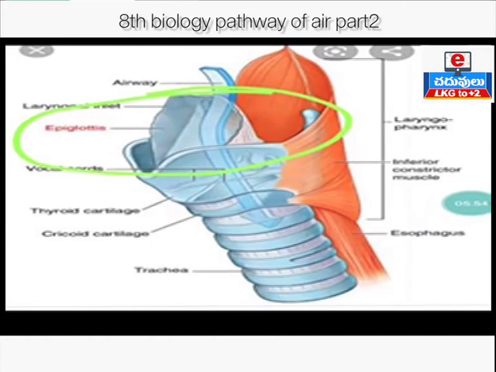Epiglottis is a flap-like muscular structure. The flap-like structure has a leaf shape, and it is a flexible part. Yes or no? Yes. In this epiglottis, two surfaces are there: one anterior surface and another